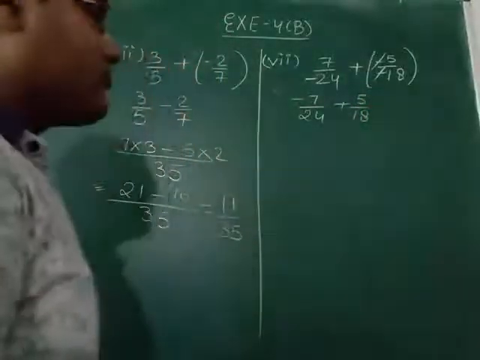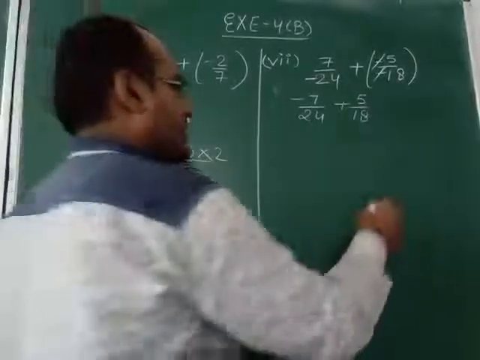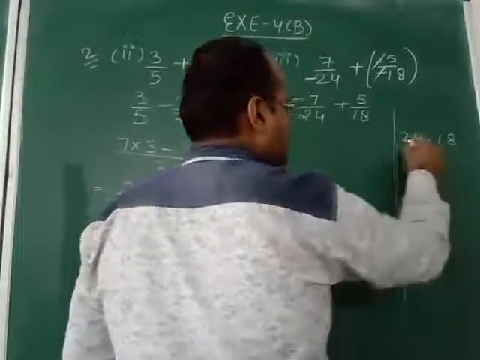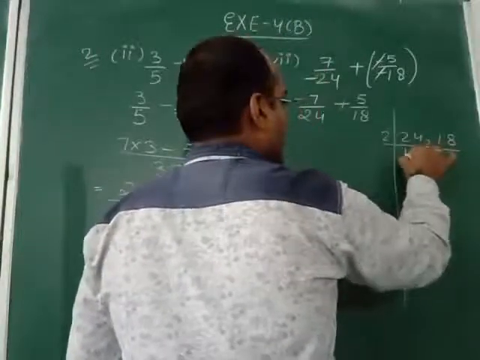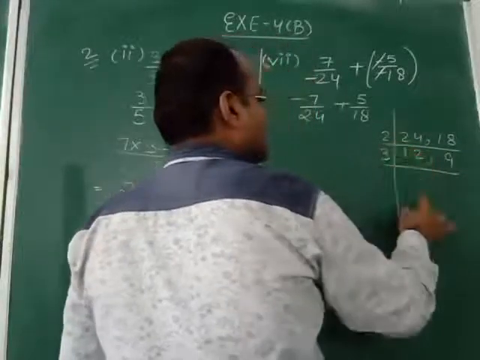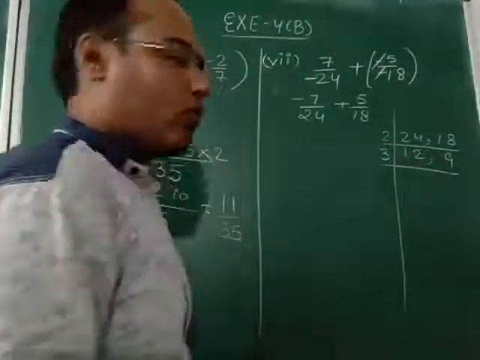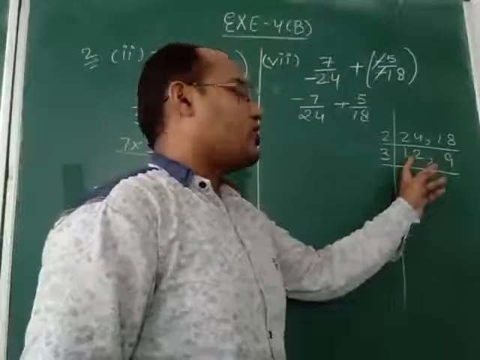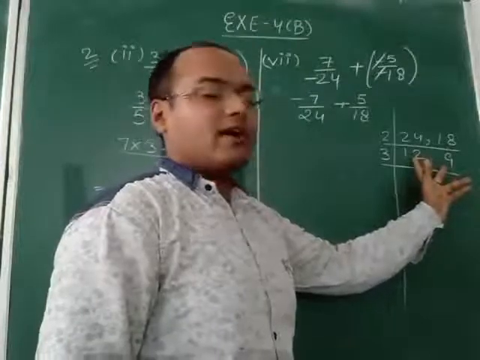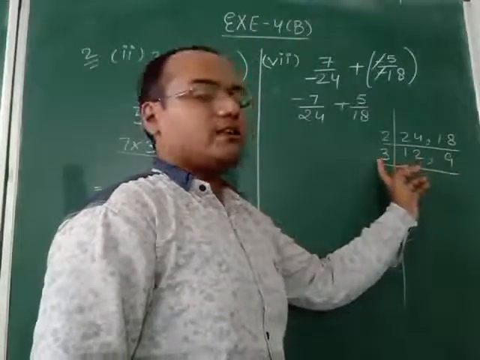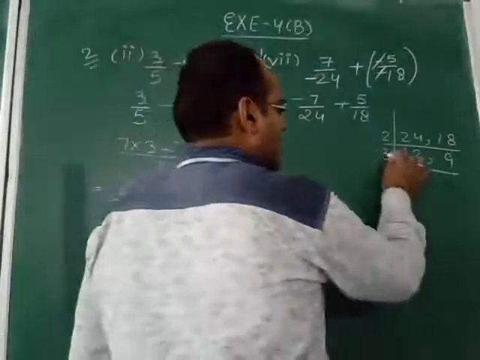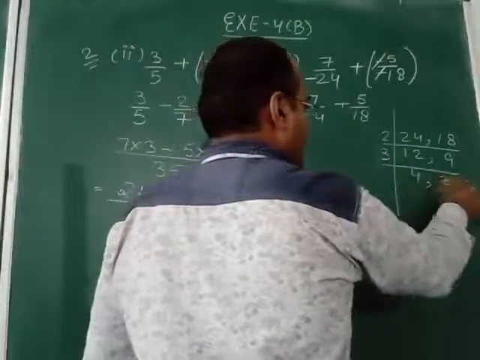Now the next step is we have to find the LCM of 24 and 18. We will do it here in the rough work. 2 twelves are 24, 2 nines are 18. These two are not coming in the table of 2. Only one number is coming in the table of 2. So in order to save time, we will take such a number in which both 12 and 9 will come. So such a table is the table of 3. In the 3 table, both numbers are coming. So we will write here 3 fours are 12, 3 threes are 9.